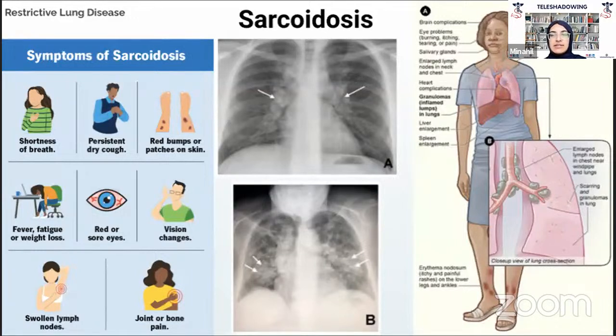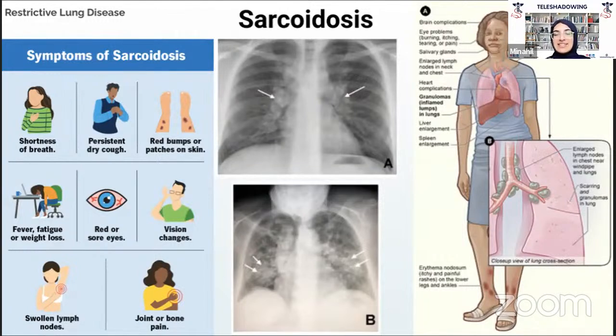Someone can also do a biopsy of the lungs, although that is very invasive, and they would be able to see the granulomas found in the affected tissues of the lung. You can see down here, if someone goes untreated or didn't have an early detection or diagnosis of the sarcoidosis, it can spread all over the lungs. Pulmonary function tests can also be involved in diagnosing sarcoidosis, and you would find a restrictive pattern in your PFTs. So you would see a decreased total lung capacity, a decreased FVC, and a normal or increased